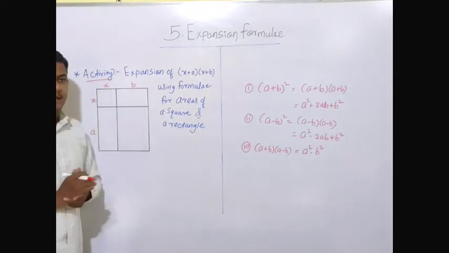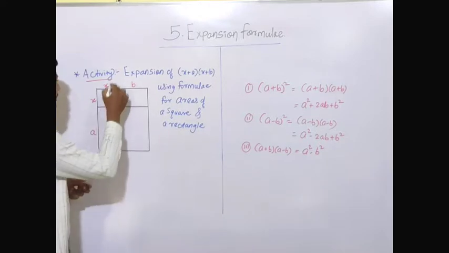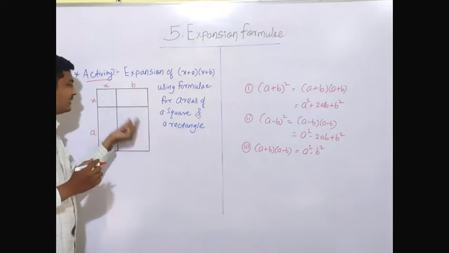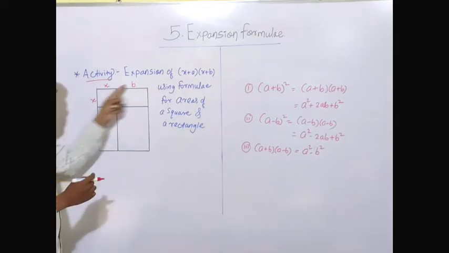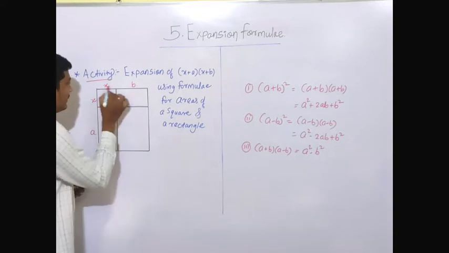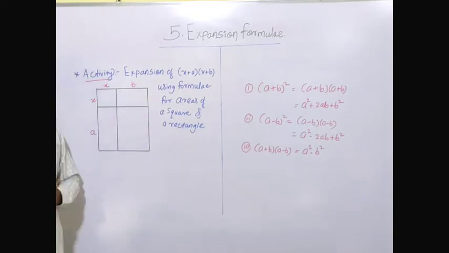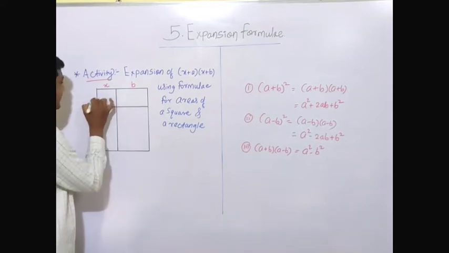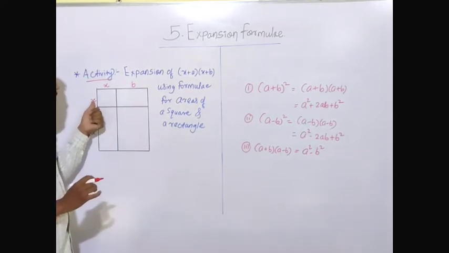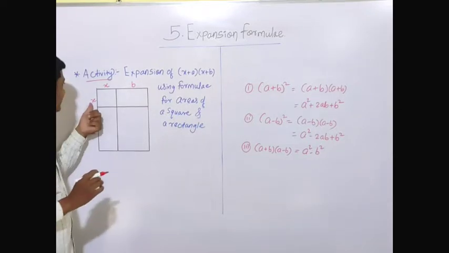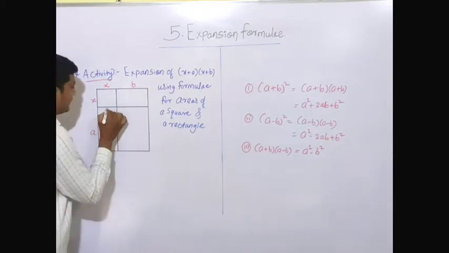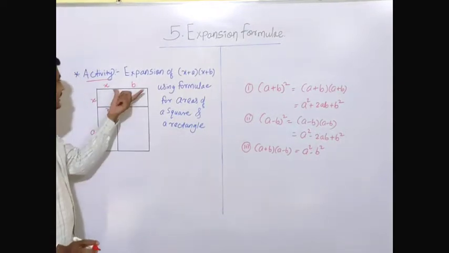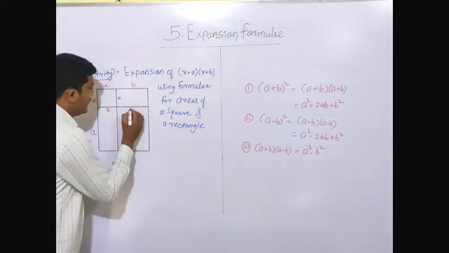Here one rectangle is there. In the rectangle we have taken two lines in such a way that it forms one square and three rectangles. So one complete rectangle is divided into what? One square and three rectangles of different length and breadth. So first of all, if you consider here x, all sides of the square are the same. So if this is x, this side will also be x, here will also be x, here also x. In the same way, here is b. So the opposite side is the same, b.